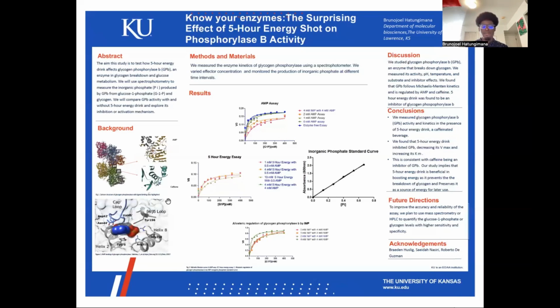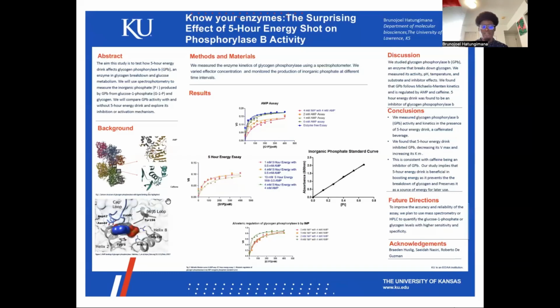bound. Adapted from a paper by Matthew et al., Figure 2 depicts how the AMP binding site is located at the interface between two subunits of glycogen phosphorylase, which means that AMP can affect the interaction and alignment of the subunits. When AMP binds to the site, it causes some structural changes in the enzyme, such as the movement of helices and loops that allow the enzyme to switch from the inactive tense state to the active relaxed state. The relaxed state has a higher affinity for the substrate and a lower sensitivity to inhibitors than the tense state. Therefore, AMP binding increases the activity and efficiency of glycogen phosphorylase b.